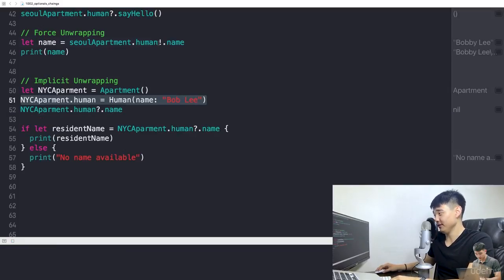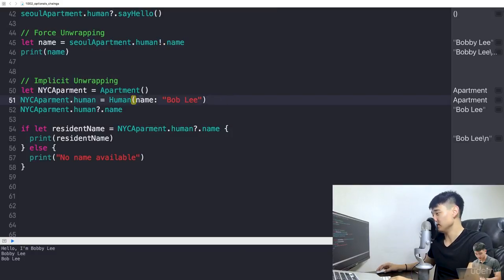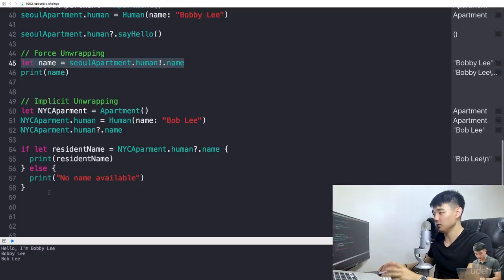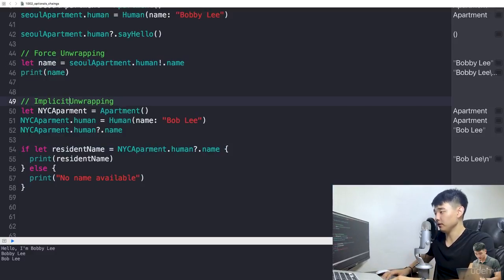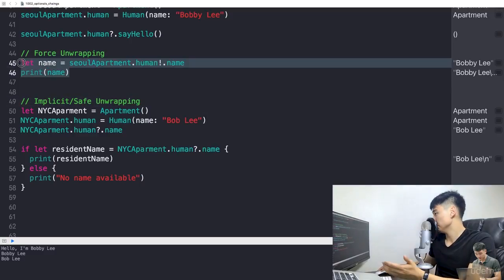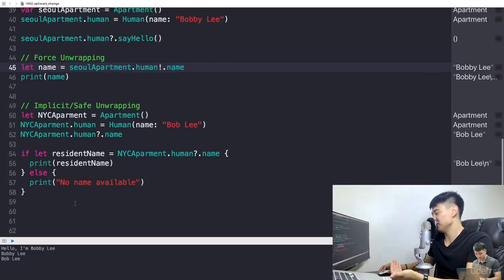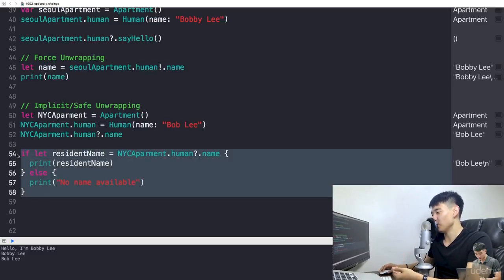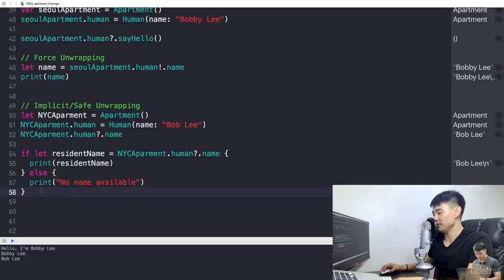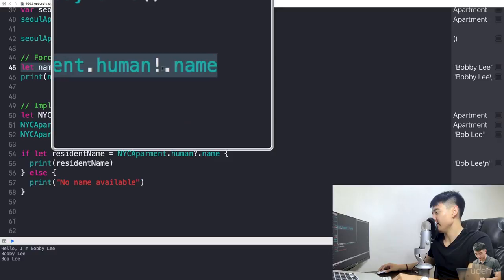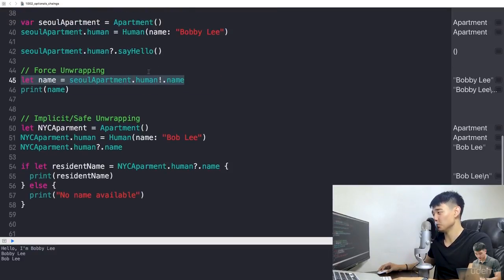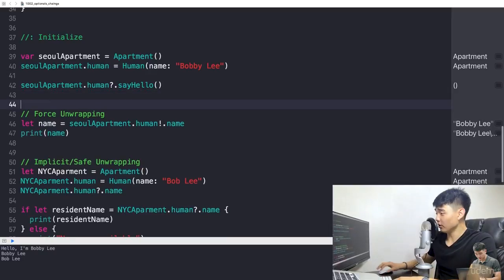It's better than using this way of unwrapping it. That's a no-no, right? We don't want to use this. It's not the ideal case. We always use safe unwrapping. This is a better way to go about it. So don't use it, okay? I mean, there are times you want to use it if you want to make something real quick. This is pretty long and this is pretty short, depending on the context of how you're programming. But most of the time, this is a safer way to go about, and this is the right approach. Sometimes I certainly use forced unwrapping, but when you are 100% sure that the value exists. Okay. Anyway,